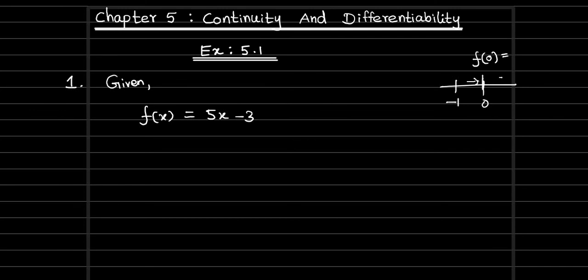And same way, close values of 0 from the right hand side. Close values in the sense that approximately when we round it, we need to get 0. So when we check the close values of 0, what value are we getting compared to f of 0? The values of f at the close values of 0 also, if we get approximately the same result, the values have to coincide.